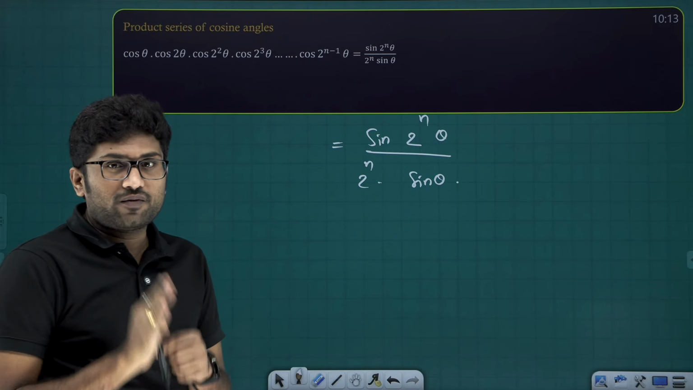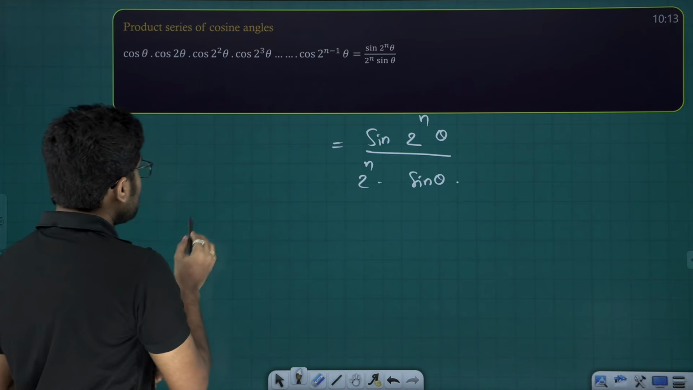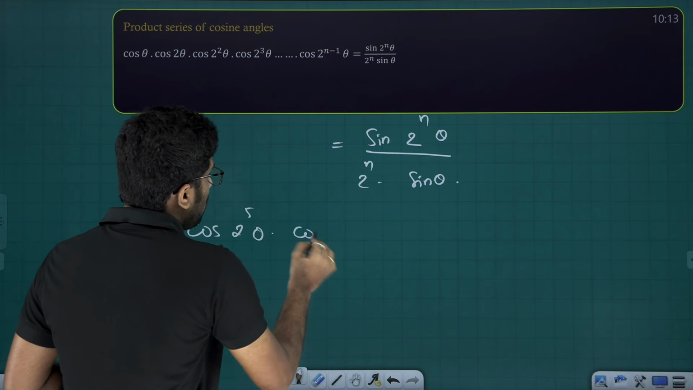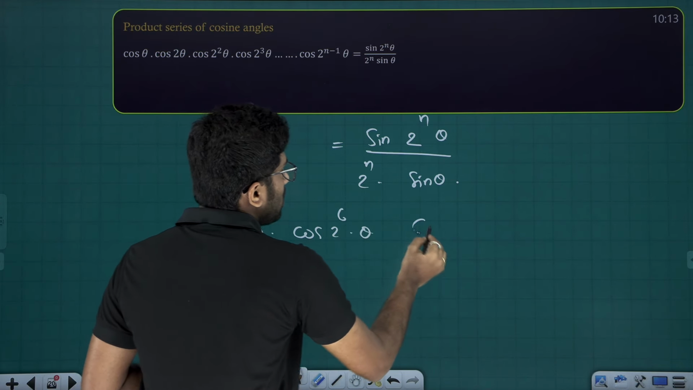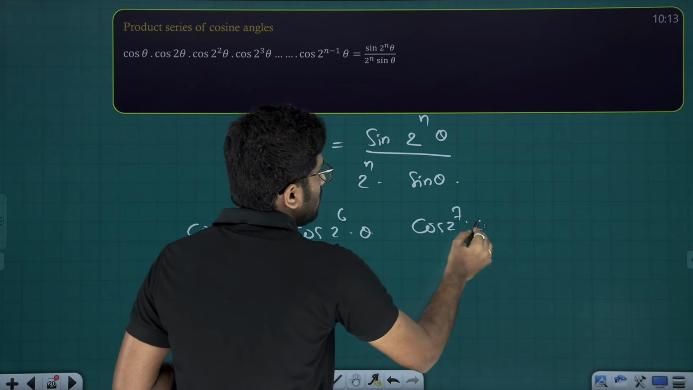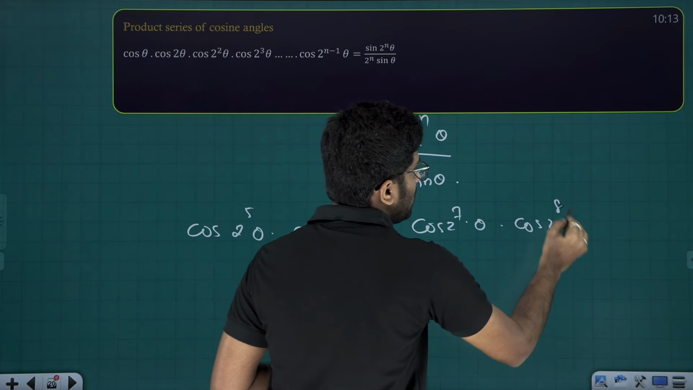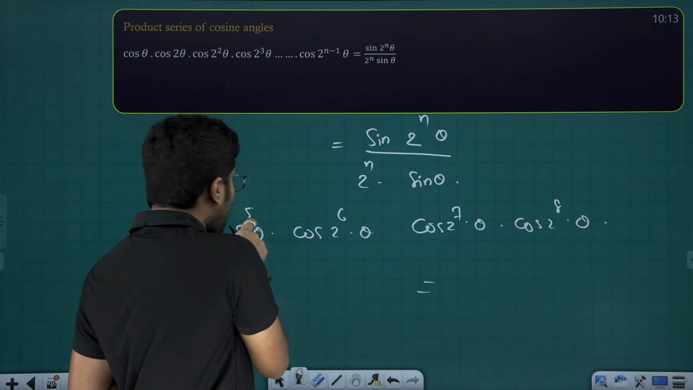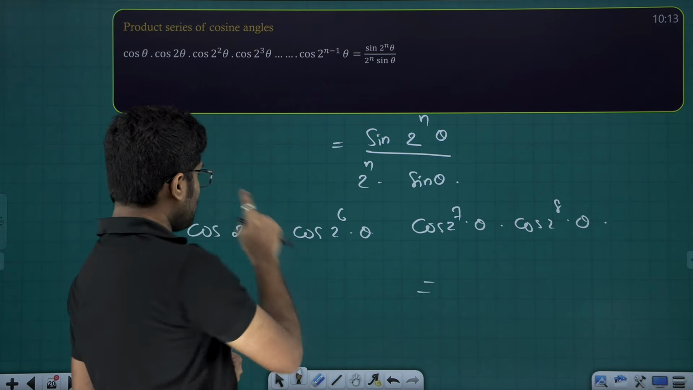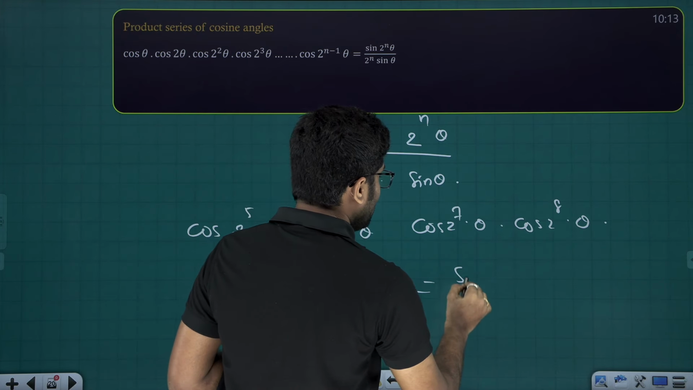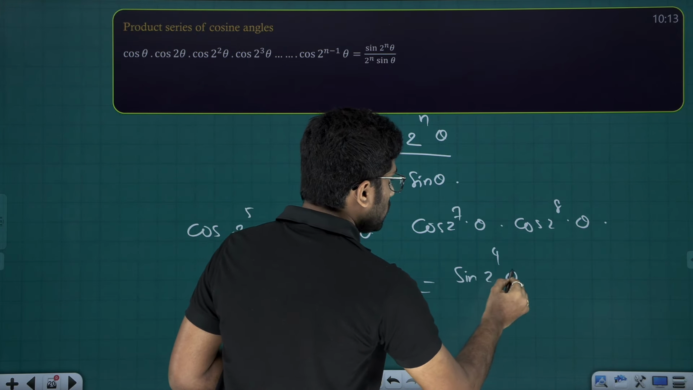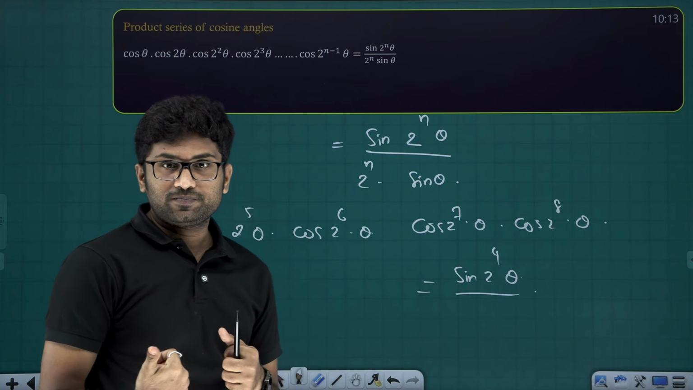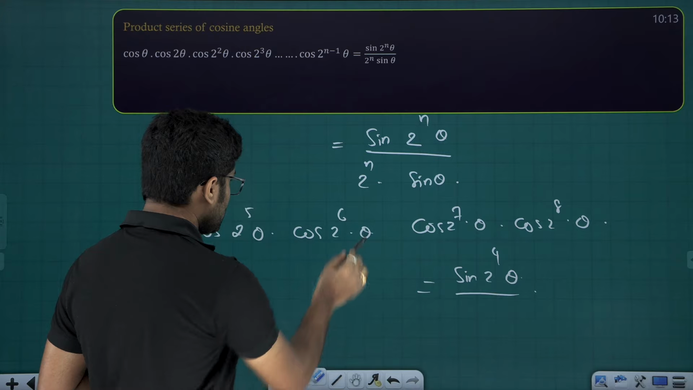Here n denotes number of terms. Clear? Suppose we have started a series from cos 2 power 5 theta, cos 2 power 6 theta, cos 2 power 7 theta, and we end up with cos 2 power 8 theta. So here n is not 8, friends. Here n denotes only the number of terms, the number of cosines in multiplication: 1, 2, 3, 4. So we write it as sin 2 power 4 theta divided by 2 power 4 into sin theta. So that's how we do. Clear? Next,